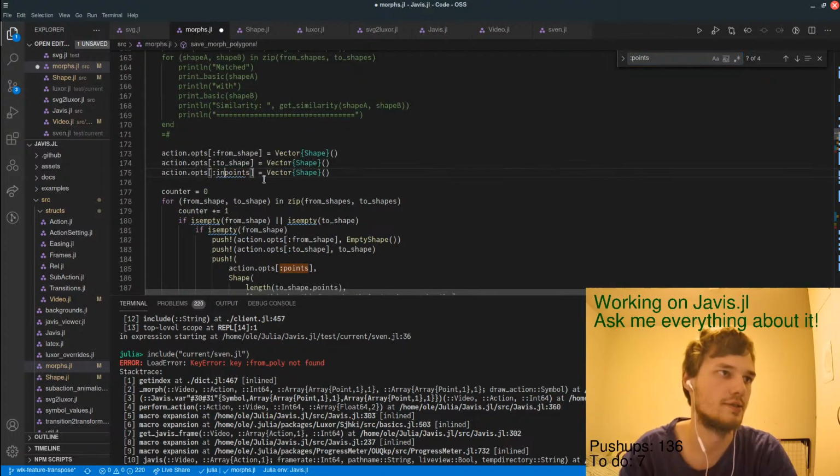Let's call this interpolation, inter shape. That one's quite a bit long.